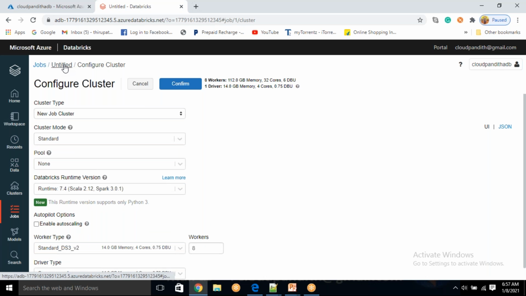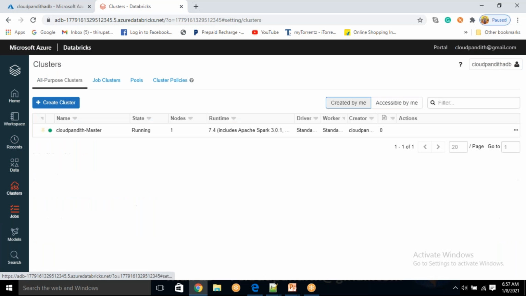Got clarity? Yeah. But then, if I have 100 jobs that will run over a period of time in a complete day, then for 100 jobs, it will create the cluster 100 times and remove the cluster 100 times. It is so. See, that's what I mentioned. Based on your requirement, you need to decide whether you want all purpose or job cluster. If you have 100 jobs which are going to execute one by one immediately or parallelly, why would you go for job cluster? You need to go for the all purpose cluster. That's what I said, right? Okay.